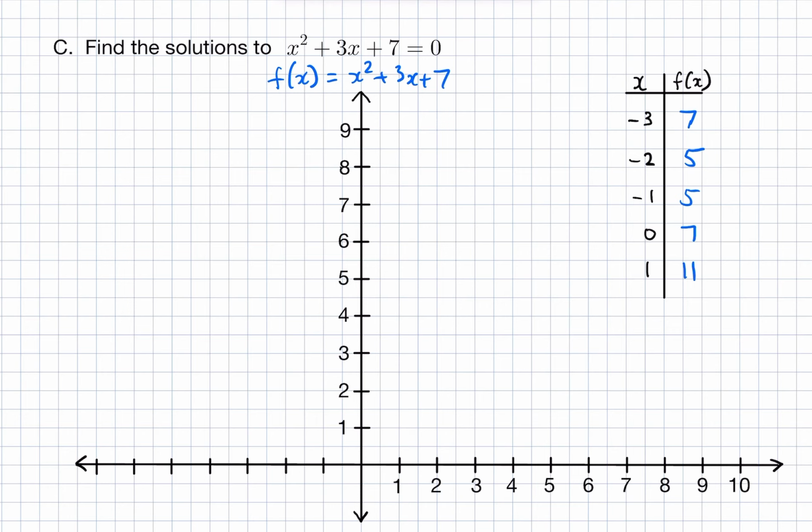Okay, now plotting those points, we would see that our first point is going to be at -3, 7, which puts us right there. The next point would be -2, 5. That places us here. Then the next one is -1, 5. That places us here. The next point is 0, 7,